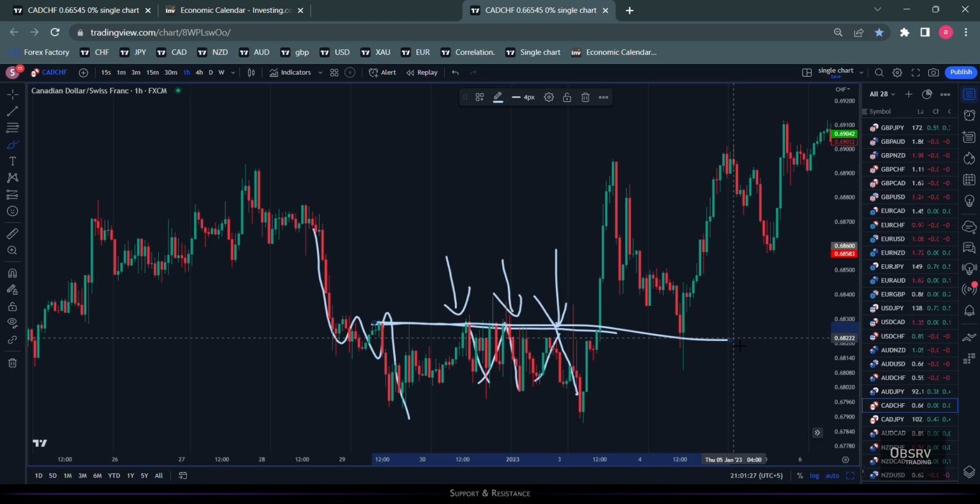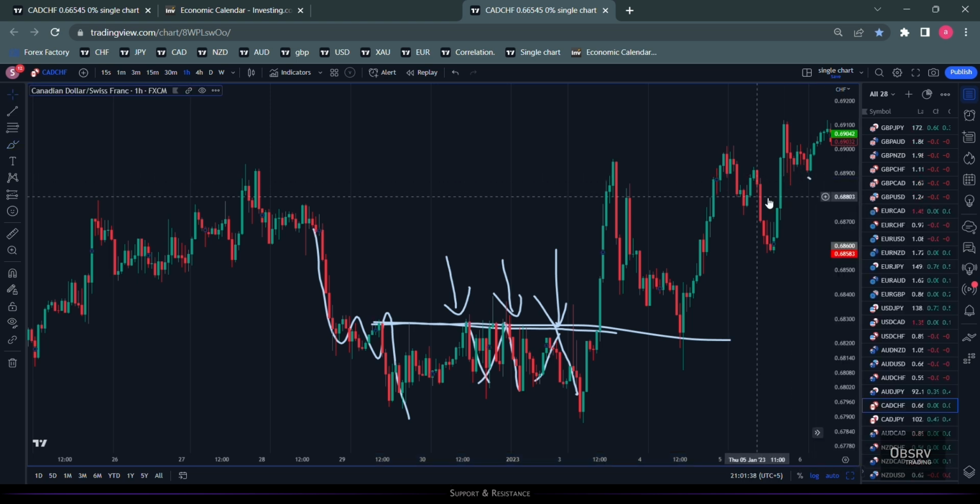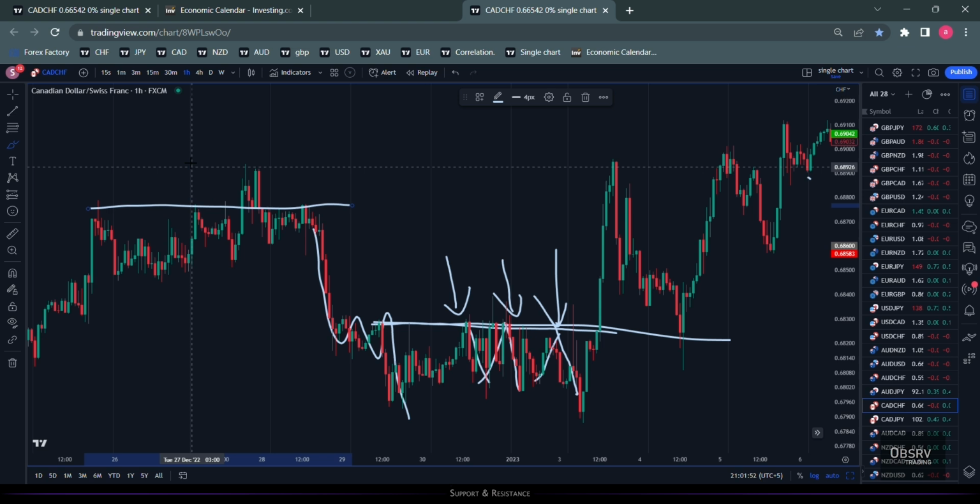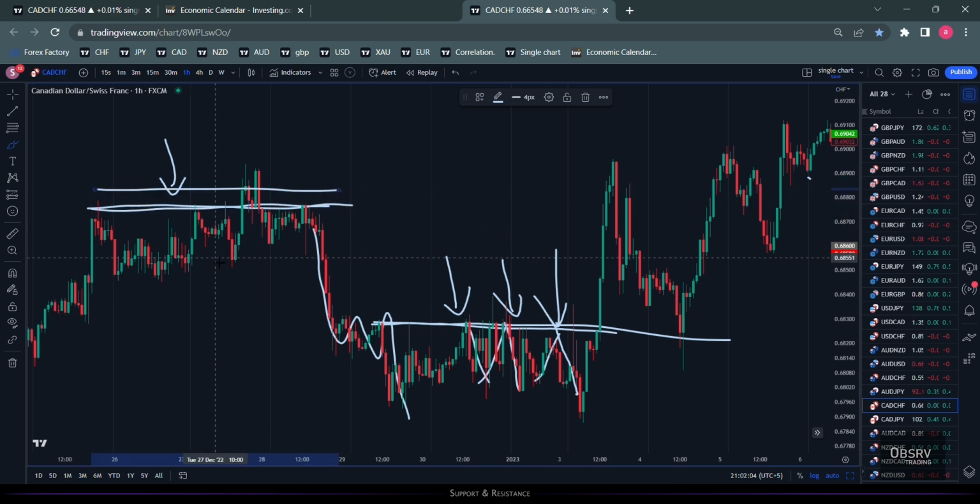The first thing is that support equals resistance is not a specific price on a chart. Like, it's not 0.68900 here that the price has to touch, and the candlestick starts to react. Or a specific line per se that I draw on my chart. If I draw this exact line, it can never be support or resistance. It's more or less an area that could start here, and anywhere within this area, the price can react.